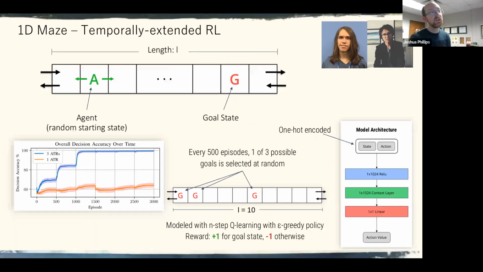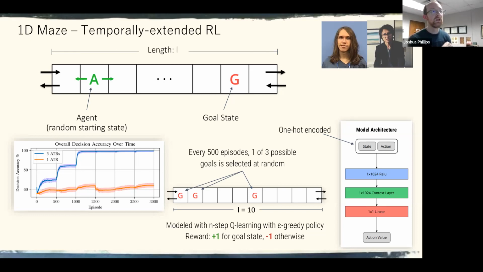Our final test that we gave was working this on a temporally extended reinforcement learning task where you're trying to solve a 1D maze. It's a very typical kind of reinforcement learning problem. So you want to have an agent that's trying to find its fastest way to get to a goal, but those goals will sometimes occasionally move around. So you're really solving a different task when the goal moves. And you need to be able to learn policies that can get you to the goal as fast as possible. And you want to be able to remember the old ones in case you switch back into running through the